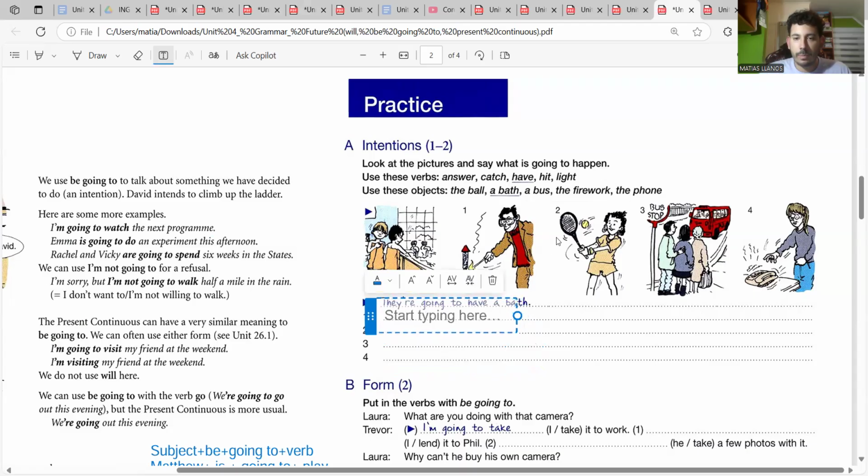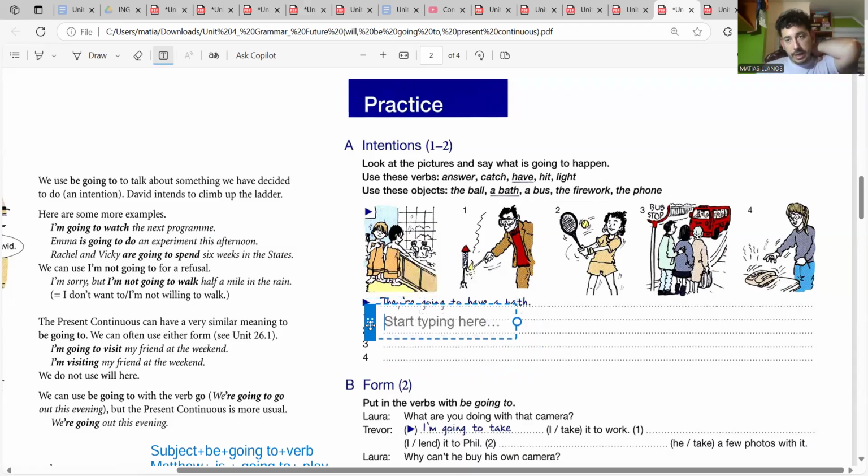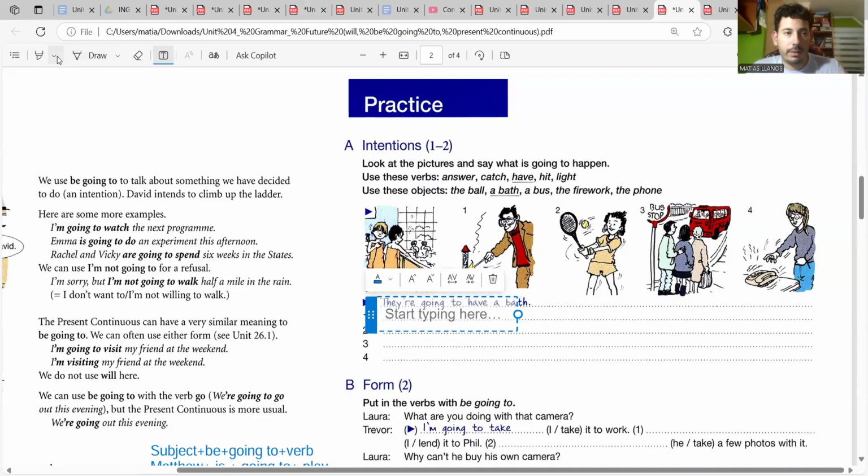For the second one, we see this person that's lighting a firework. So we will use "light" and "firework," and put it together like this: he is going to light